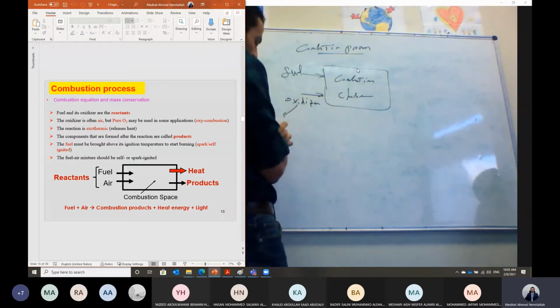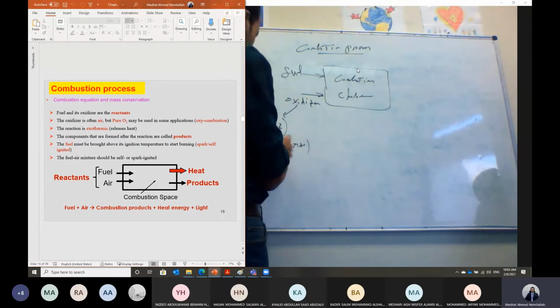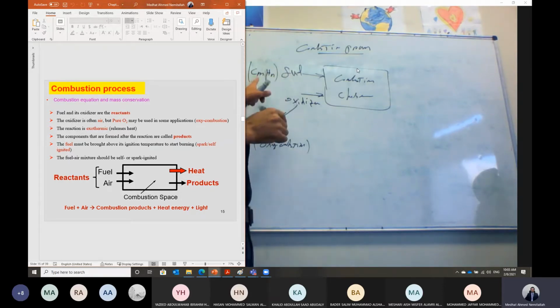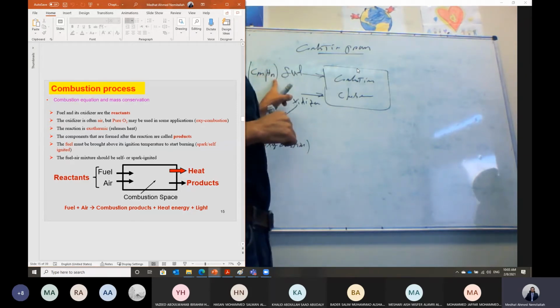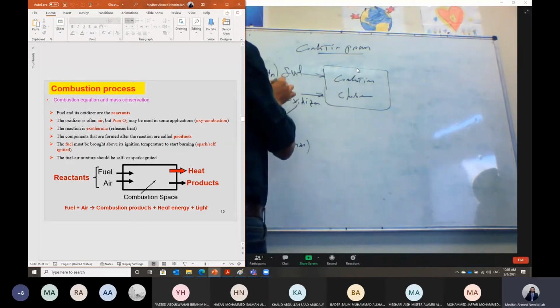Usually this oxidizer may be pure oxygen, in some applications like Oxy Combustion. All fuels are hydrocarbon fuels. So usually the fuel is a hydrocarbon fuel with, let's say, the chemical structure CmHn. So usually it consists of carbon plus hydrogen. Usually this carbon is converted to carbon dioxide for complete combustion,